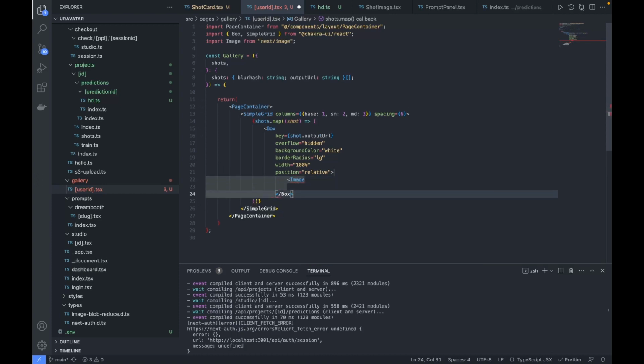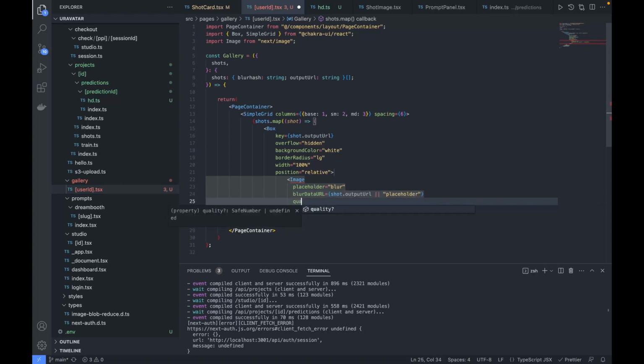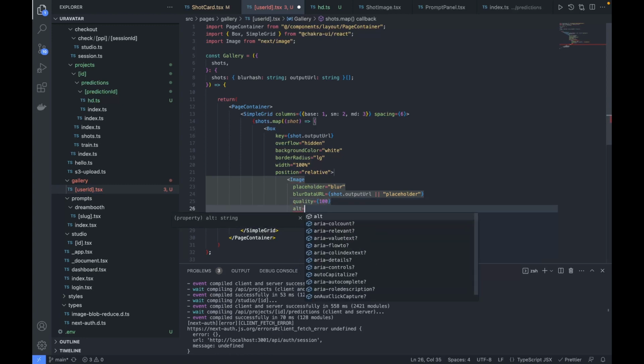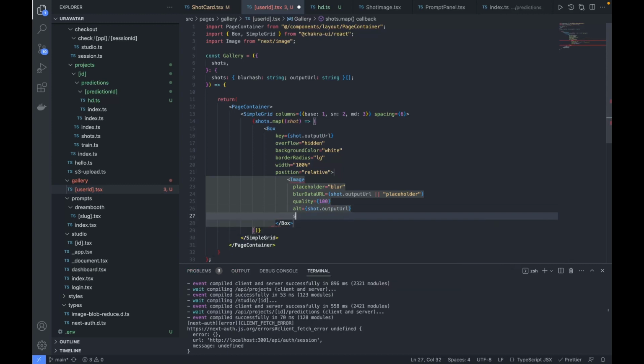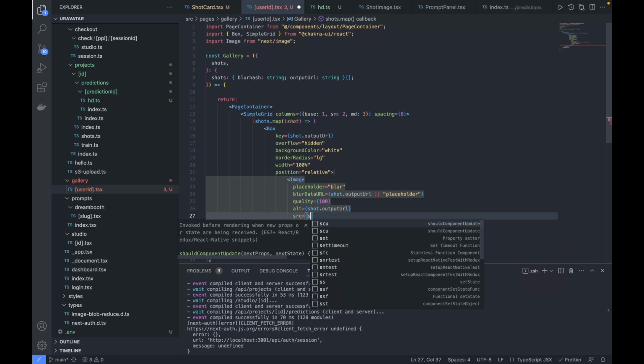here let's give some styling for this as well. So placeholder would be blur, and blur data URL would be short.output URL or placeholder, and quality I'd go with 100, and alt the name short.output URL, same for the source as well, so